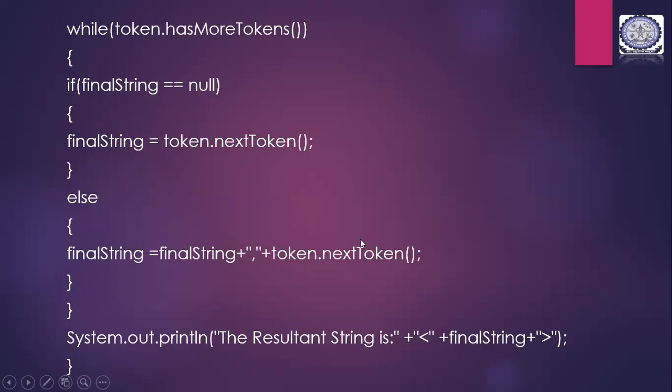Fine. So what will the final string be here, right? After every token, it will have a comma here, and the next token will be repeated. Again, it will jump here. So if the next token is there, again the next token will be displayed. A comma will be there. The final string will have a comma as well as the next token, and then search for the next token here. Okay.